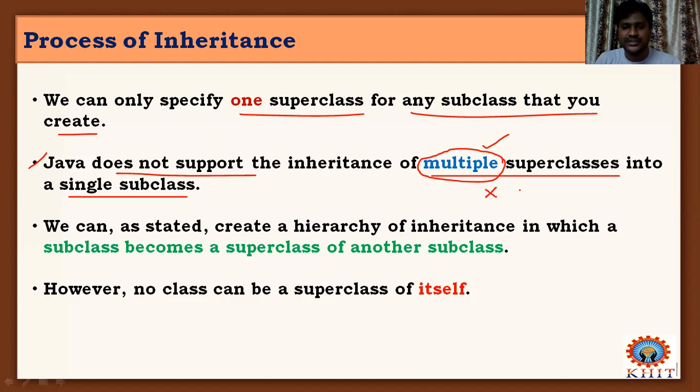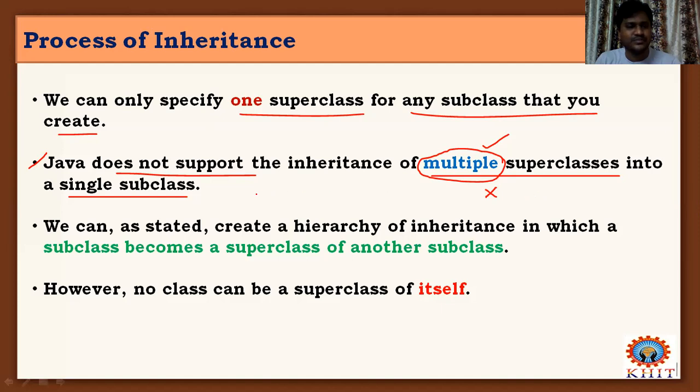Here Java doesn't allow this type of inheritance or this type of relation among the classes, that means multiple superclasses and a single subclass. That is not allowed. But this can actually be needed in real time using any computer language. So there is an interface concept in Java to achieve this multiple superclass, and we will see it in the next chapter of this unit 3.